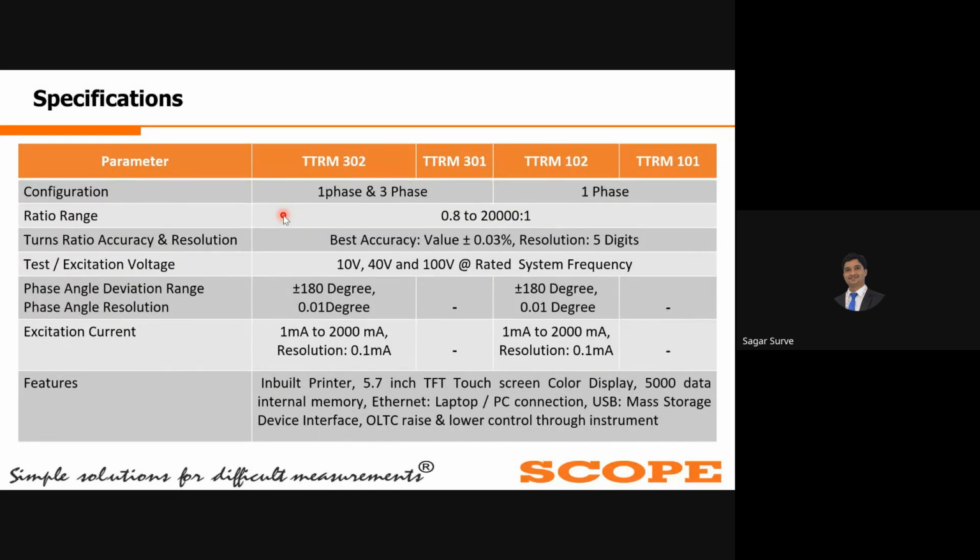Phase angle measurement is there, as we said earlier, in 302 and 102, and excitation current measurement up to 2000 milliampere. Now, there are some latest features: an inbuilt printer, touchscreen display, and internal storage of about 5,000 test results inside the instrument itself. With the Ethernet connection, we can connect laptops and PCs directly, and with the USB port, you can directly connect a pen drive. Suppose you are testing the transformer in the field,